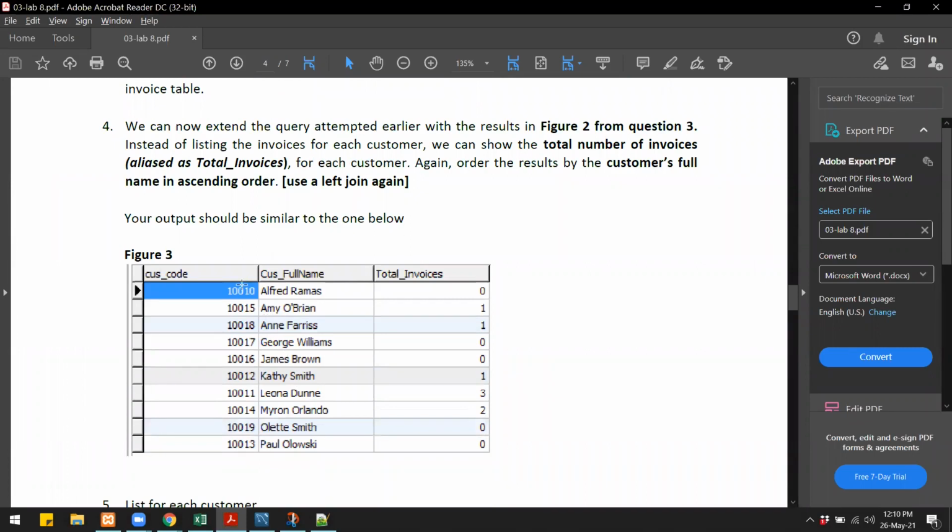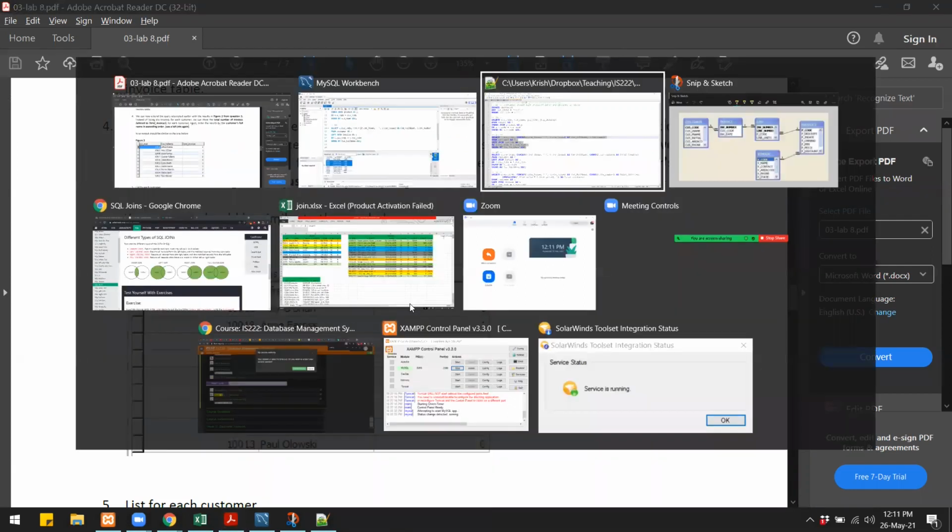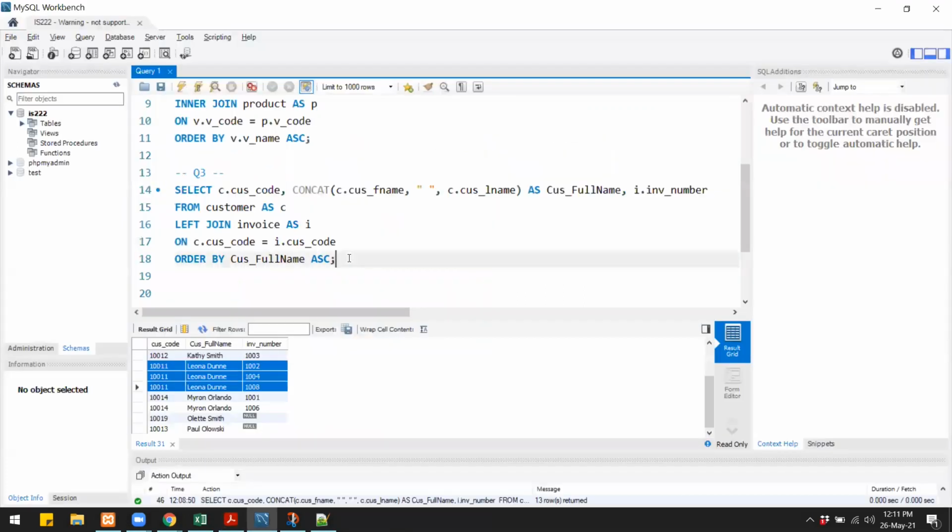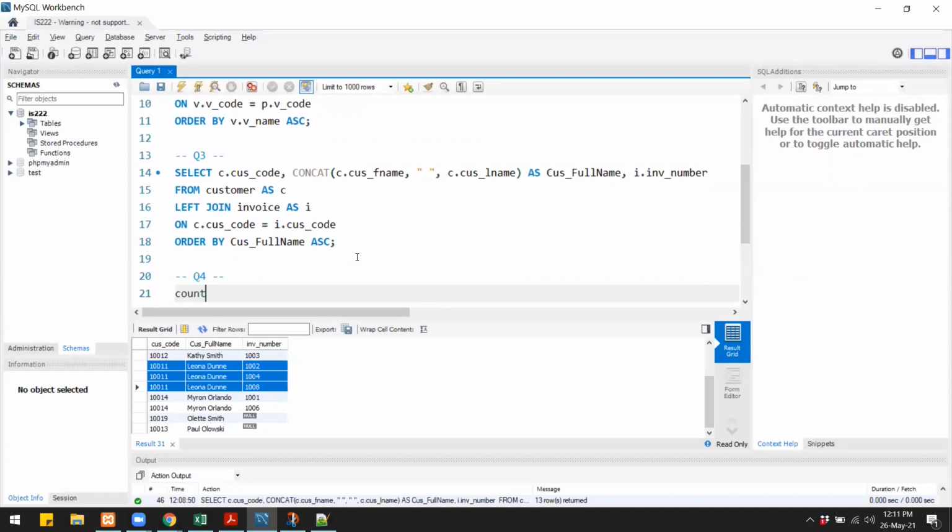We have the customer code, customer name, and the number of invoices that particular customer has. And again, you will use a left join. The query remains the same as in question number 3, but in here you need to use some aggregate function, and that function that you're going to use is count.